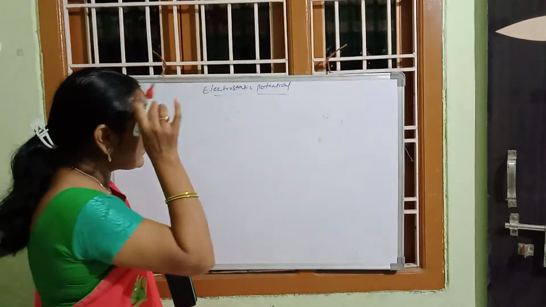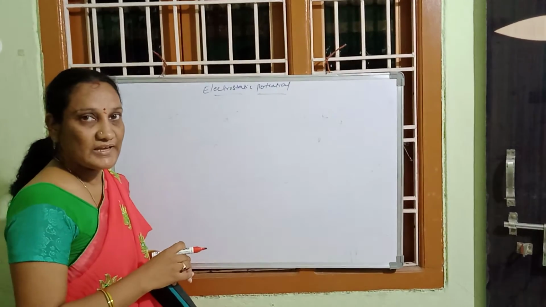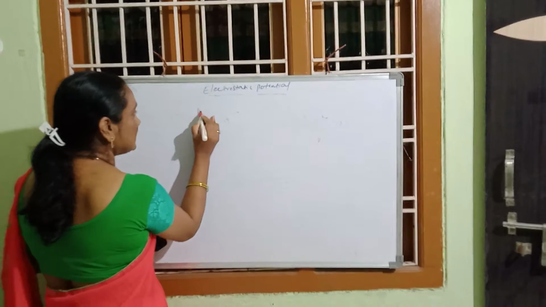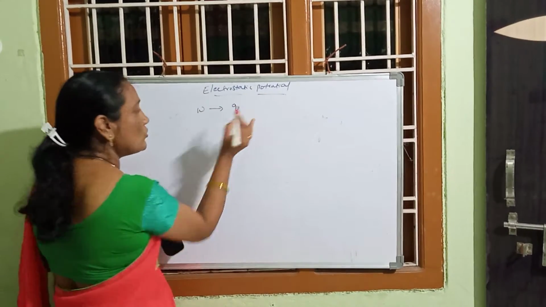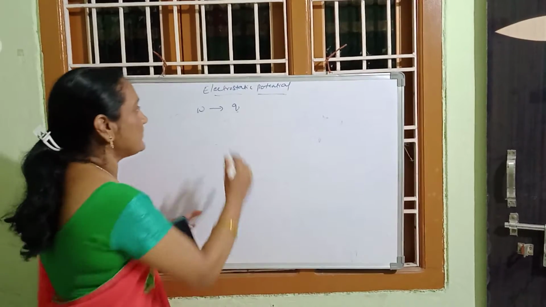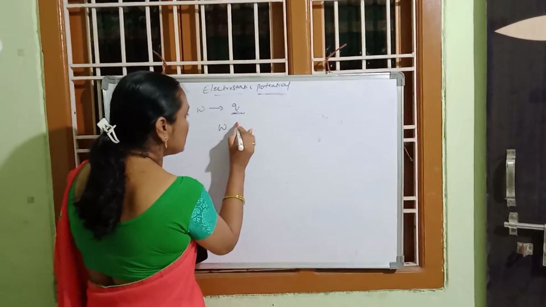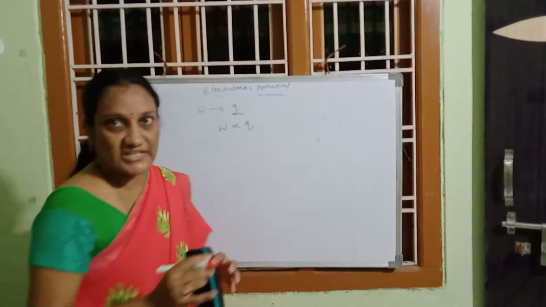So now here, as usual, I said that some work is done to move a charge. So now here we have to define potential in terms of charge. Here to define in terms of charge means here to move charge, certain work is done from infinity to the reference point, right? Such work done will be proportional to the charge.